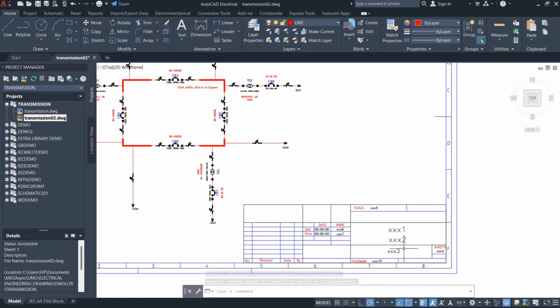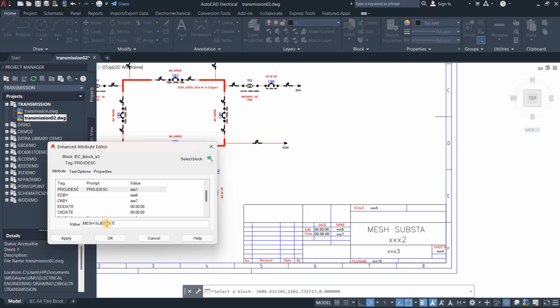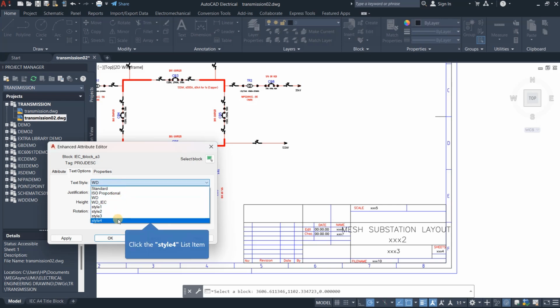So if you want to edit the description here, you can just double click and type whatever you need. Mesh substation, mesh substation layout. Okay. So if you want to change the text style, you can choose whichever text you think